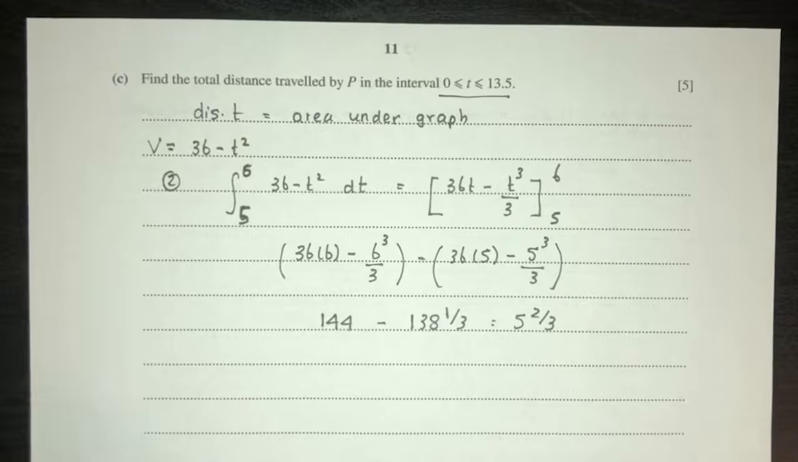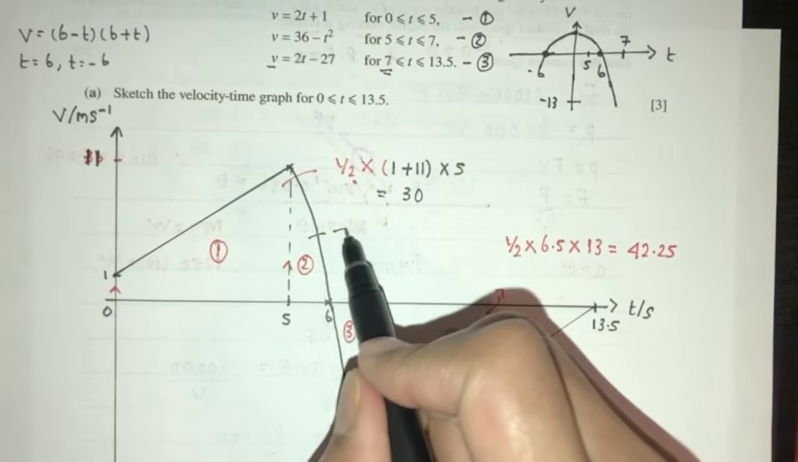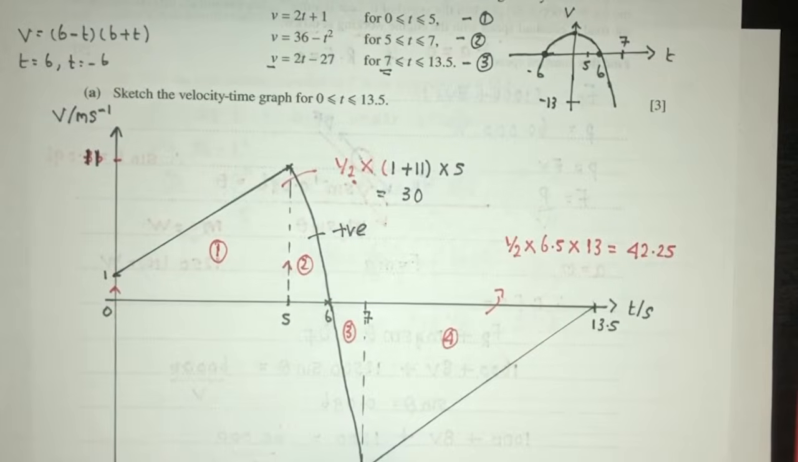Now, because the area is above the horizontal axis, this area will be positive. However, when talking about area here, we are talking about the distance, not the displacement. Because of that, it will always be positive for the area. Even if we have a negative value, we will take the positive value because we are only finding the distance traveled and